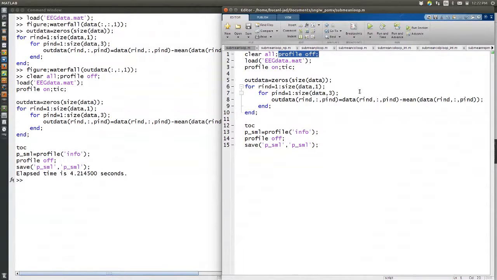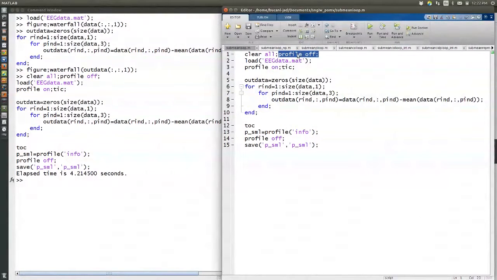The profile function is something that will be running in the background, and you can toggle it on and off. While the profile is on, it will keep track of the functions that are running, how much time they're running, also how much time the children of those functions are running, and keeping track of the time within that function and within their children, and then the number of times they're